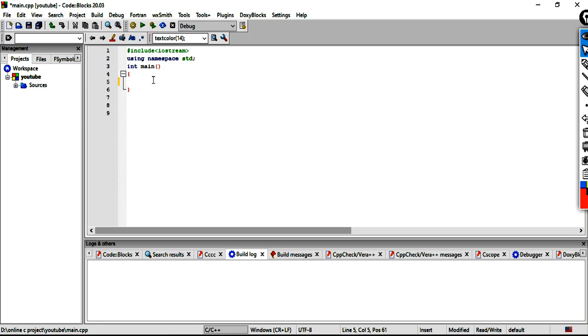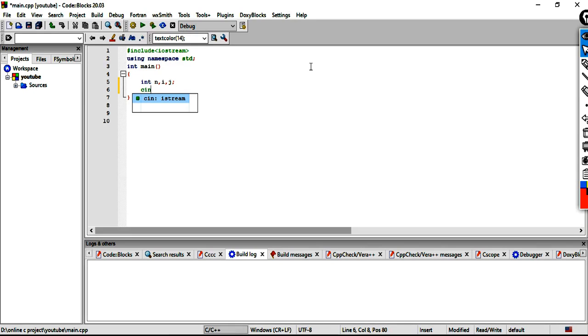Open the code blocks. Now we write our code according to the question. Let's first take int n for storing the array size, and take i, j, and also take an array.